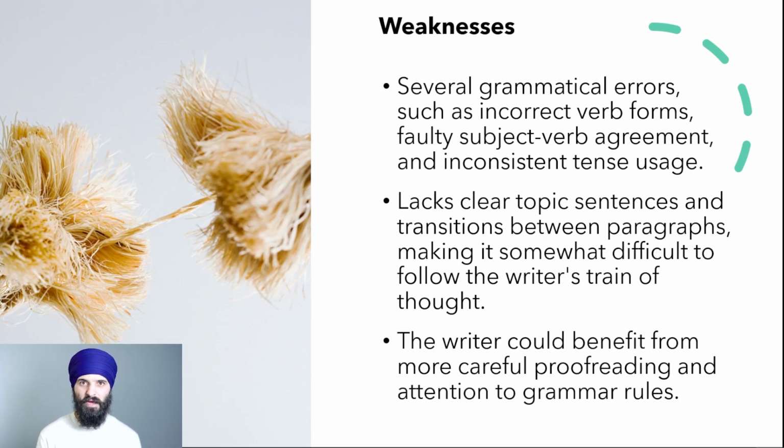Let's start with the grammatical errors. There are a few of those in the essay, and in the coming section, we will look at exactly what those mistakes are and what the right way to write is. Okay,